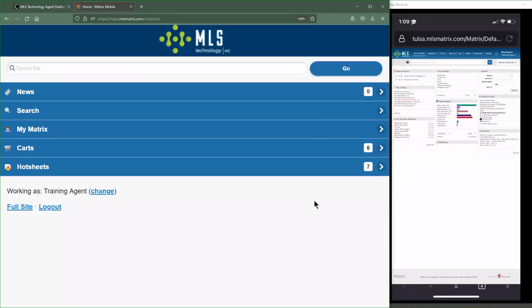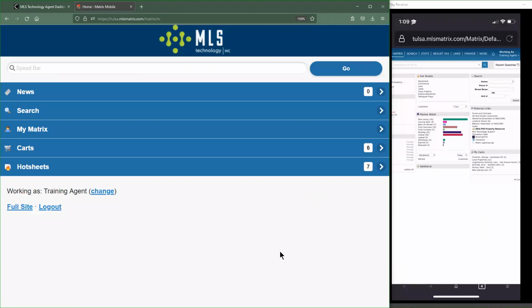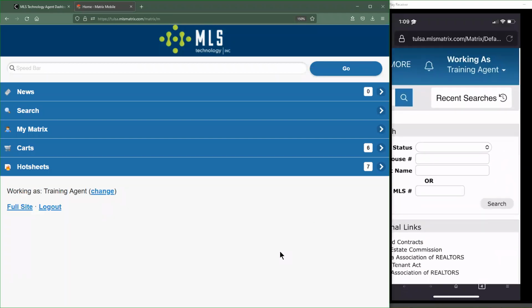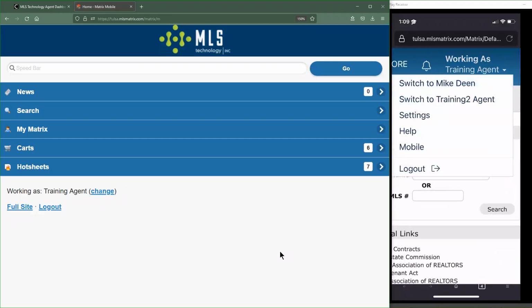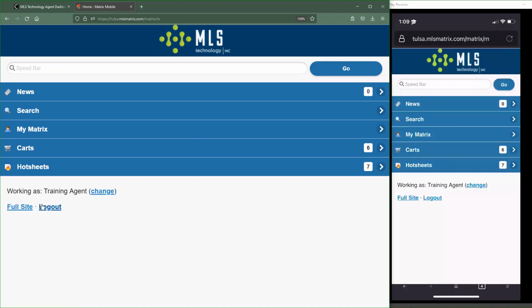Now, it's the same exact option when you guys are on the mobile device. So keep your eyes over here on the right-hand side. I'm actually going to be zooming in all the way up here to the top right. Click on that little drop down. And just like I did on the desktop side, I'm going to hit mobile. This brings me to a screen that's going to be a little bit easier to digest on mobile. It's a little bit more shaped to the screen size rather than having a whole bunch of little buttons that you're going to have to zoom in on. Everything is going to be a little bit more finger accessible.